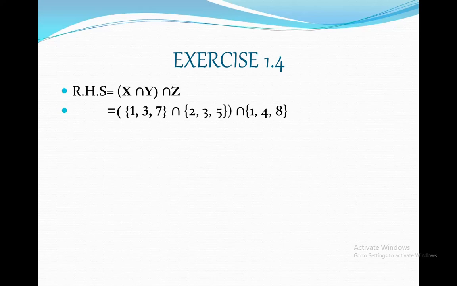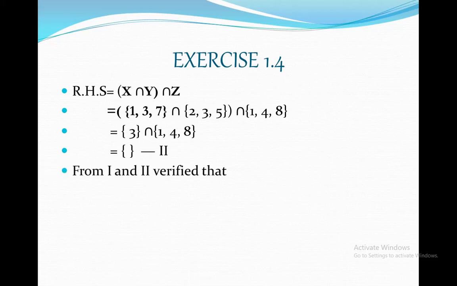Here it is clear that among the first two sets x and y, element 3 is common, so we have the set having element 3 intersection the set having elements 1, 4, 8. Again, clearly nothing is common in these two sets, so again we have the empty set as our result. We call this result number 2. From 1 and 2 we have proved that the associative property of intersection is verified. Hope it is clear to all.